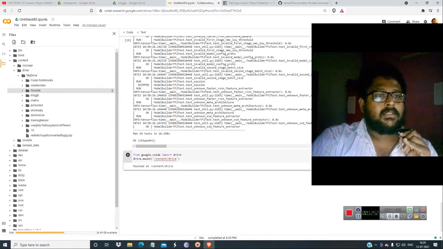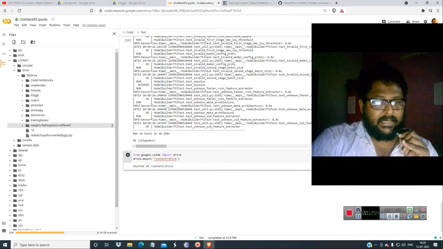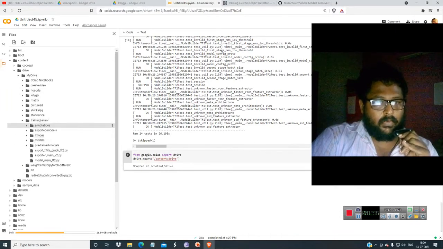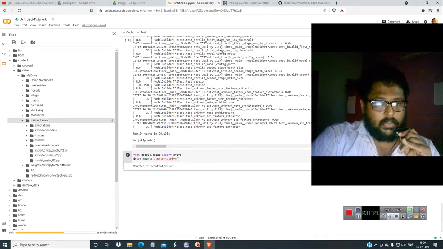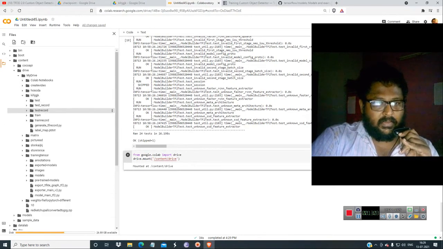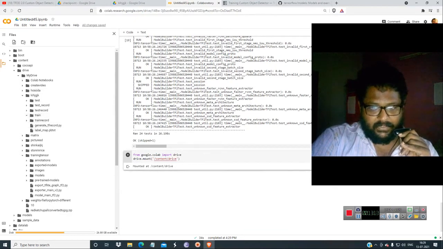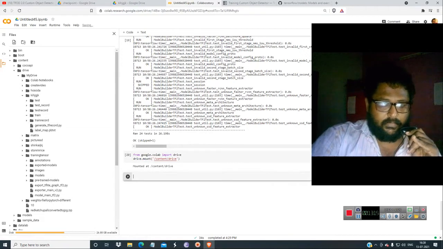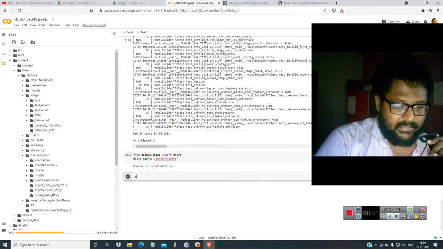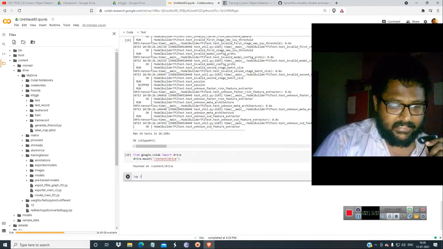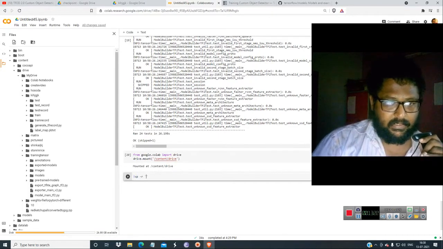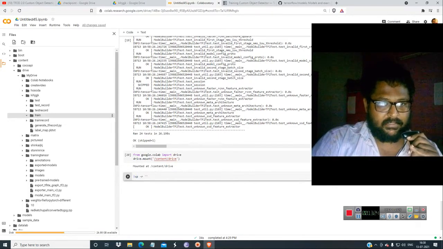And in the models, you have this training tensor folder. Now you have to move every file we have done in the training session. In here there are test and train folders. I think it is not able to move, so let's try exclamation cp minus r, which is the command for moving the folders.